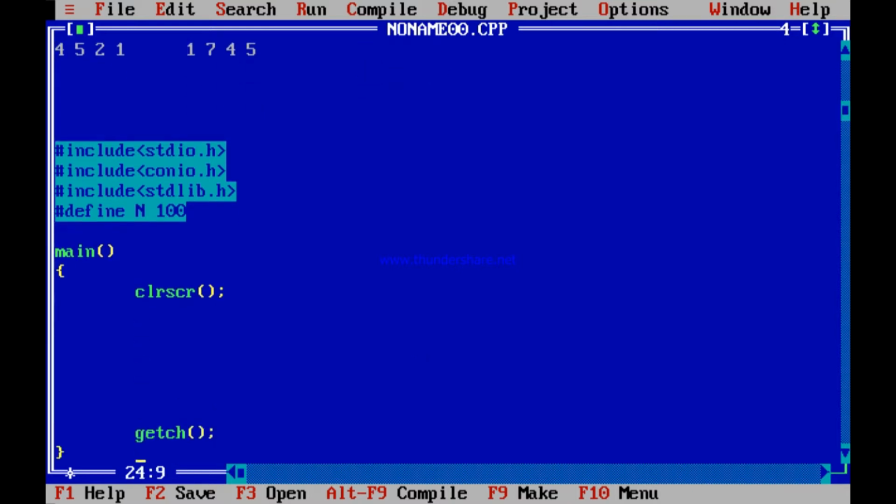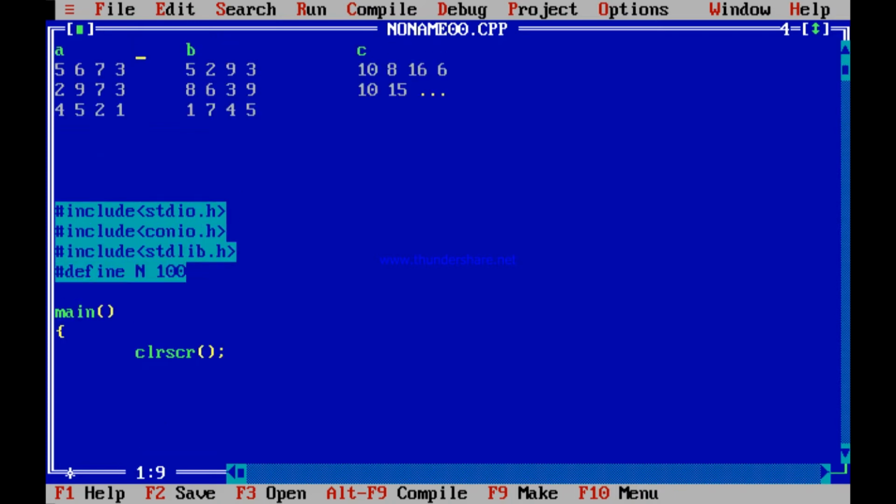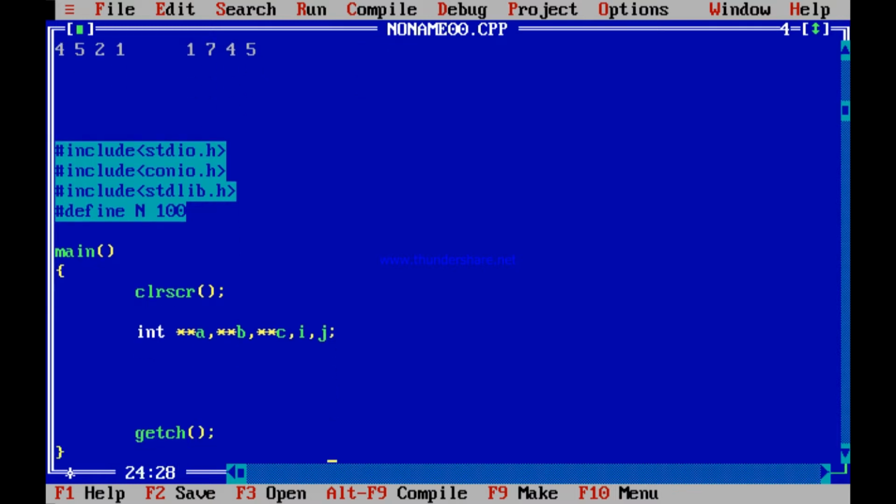So, what I do, if you remember, A is a pointer to a pointer. So, you declare A as int double star A. If you have to do it totally through pointers, int star A, you need another pointer star B, and you need another pointer star C. 3 pointers you need. Now, i and j, two integers, you will definitely need to go through the arrays. So, firstly you tell enter the array size, and all those things you will tell definitely.